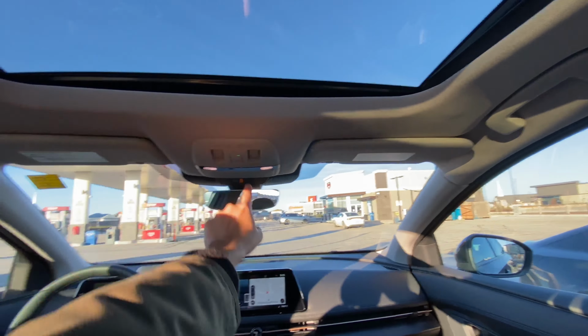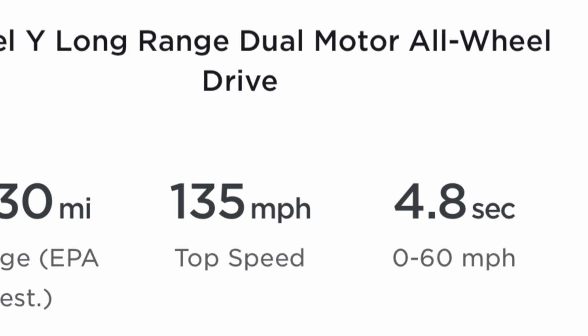It also has a cool futuristic sound inside the cabin when you accelerate in sports mode. This is something that Tesla does not have, so I would have to give a point to the Ariya here for its cool feature. In comparison, the Tesla Model Y matches the 0 to 60 time at 4.8 seconds, but